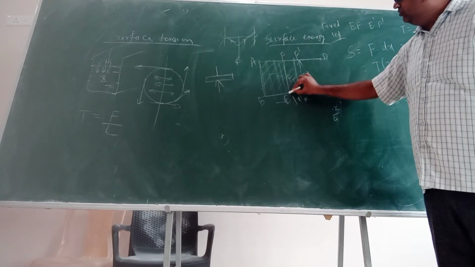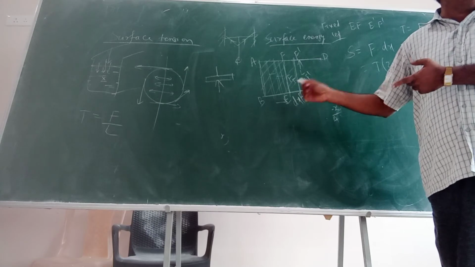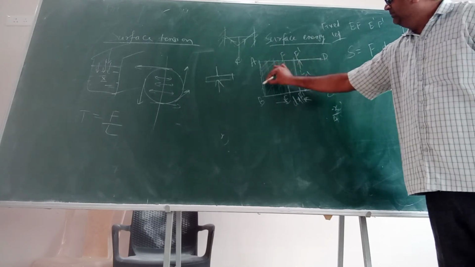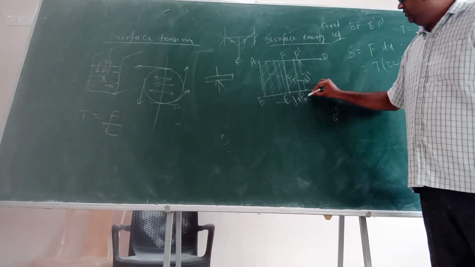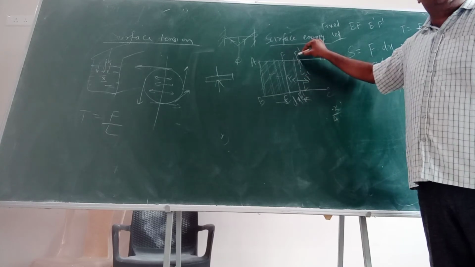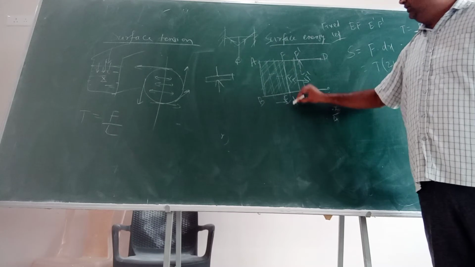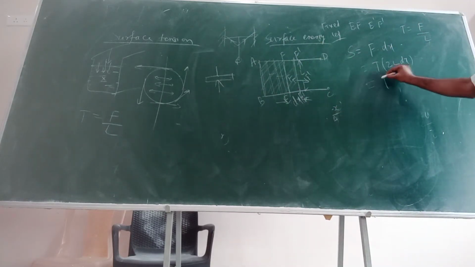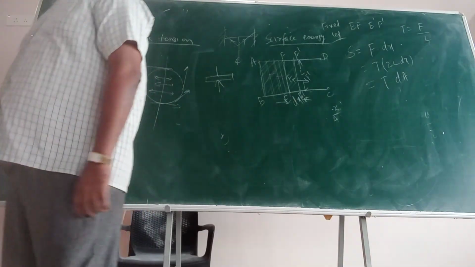See, earlier the frame was here, now the frame went to here. There is a change in area. There is an increase in area, right? Earlier the area was this much. Now the new area is the bigger one, AB, E dash, F dash. Earlier, the area of the frame was AB, E, F. Clear? So which area is this? Can I write it as T into dA? The incremental area change. Can I write it like that?